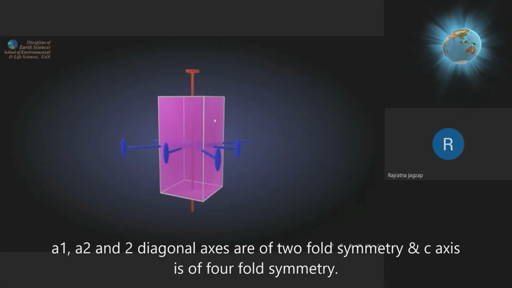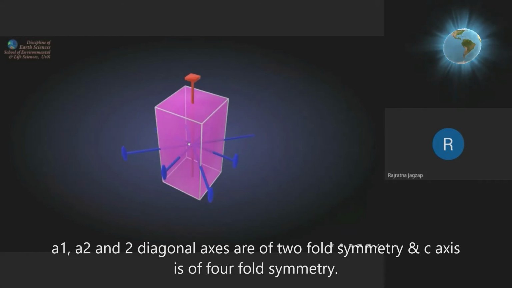Either you have to count this rectangular face, or you have to count the square shaped face. It will be only two times. The rule is: the same face should appear. So in that sense, if you rotate it along this axis, this face and the backside face will appear. So this becomes two-fold symmetry.